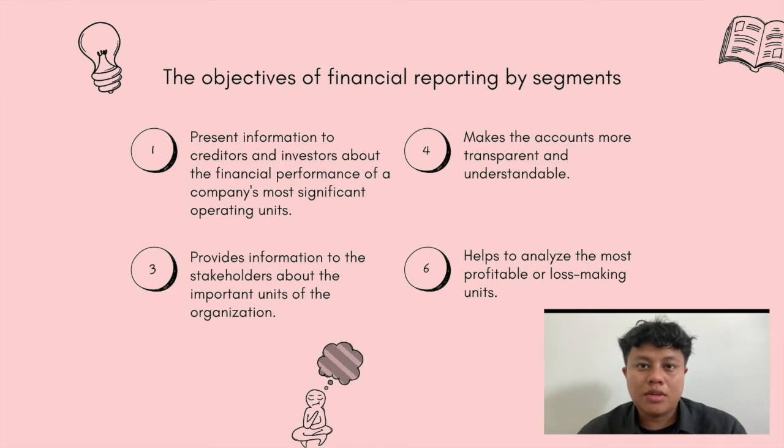The next objective is to make the accounts more transparent and understandable. This is important for potential investors and other stakeholders, because they need a comprehensive view to assess a company's growth and sustainability, as well as to monitor the management's